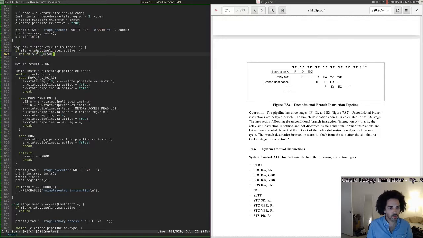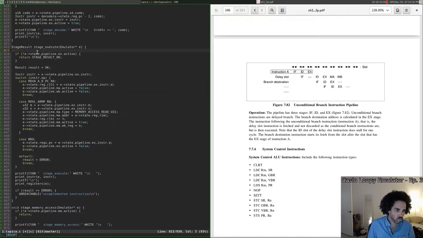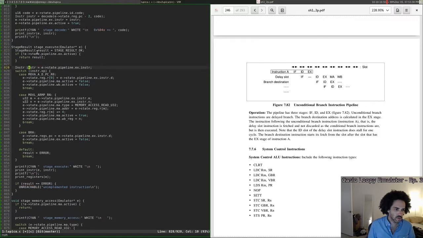We'll just call it, for these instructions, what we should do is stage result, result equals stage result OK, and this will just return result, and then this result we can get rid of, because now what we'll do is we'll say this will be